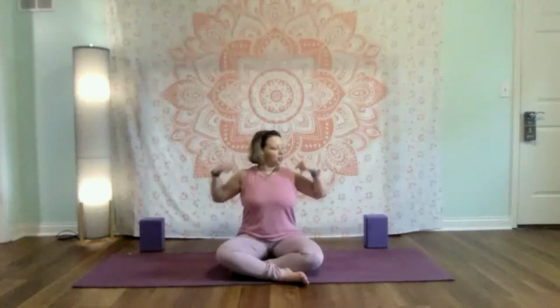So find a comfortable seat, whatever that looks like for you. And think about the ears, the shoulders, and the hips in alignment. Zip up from pubic bone to behind the navel, or take the belly button in. And think about growing taller a little bit from crown to tail, but you don't want to be so rigid that you can't sit or breathe comfortably. So we'll take a slight tuck in the chin. Good. And as we begin to settle in,